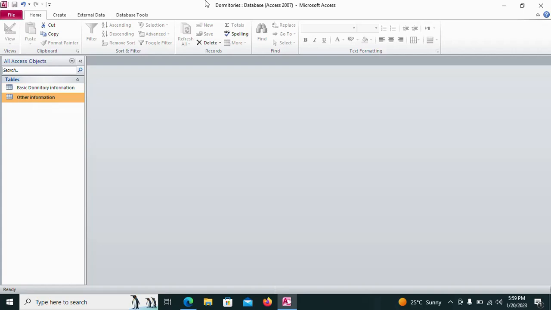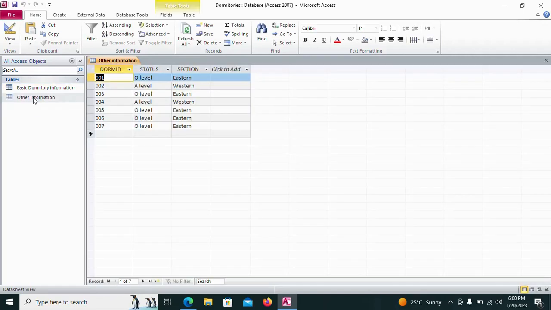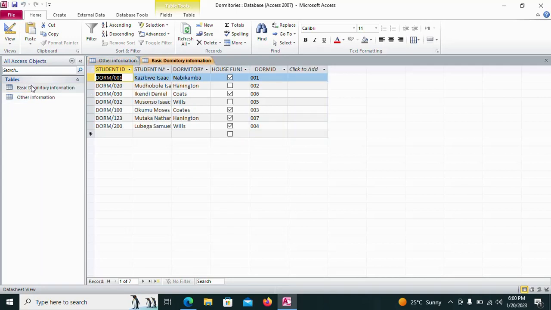So what you do there, you can see where my cursor is moving here. This table here is our main table, and it is where we have our primary key, which is DOM ID. Then this other table is our second table where we are going to have our foreign key, which is the DOM ID still. Now in case you want to create a one-to-one relationship, what you do, you open this other table where there is a foreign key,